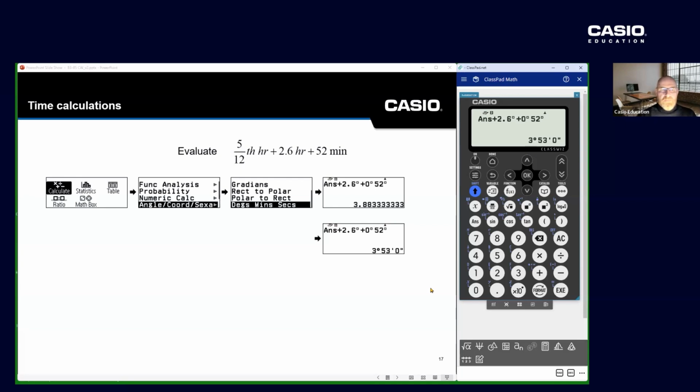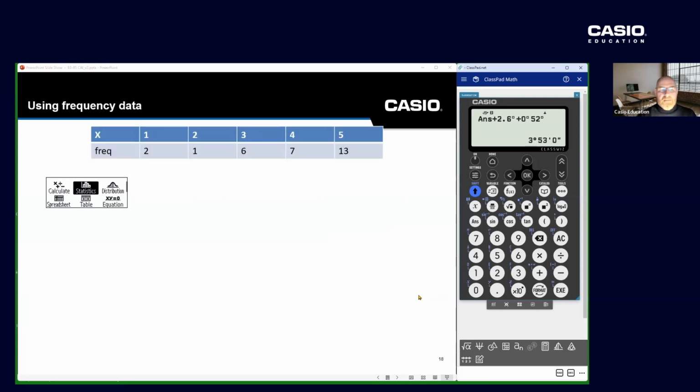Next thing we can move on to is statistics. So if we choose home, we can scroll across to statistics and select OK. This is where it asks you, would you like one variable or two variable? We're going to have a look at both of these. So let's choose one variable to start with. And by default, you have the X column and a frequency column, which does match what we are trying to input. If you want to turn the frequency on and off,